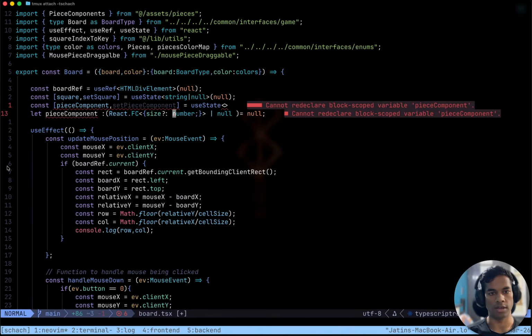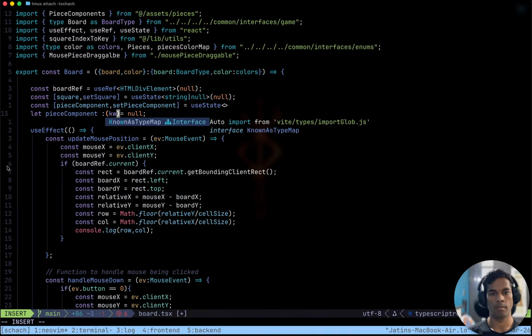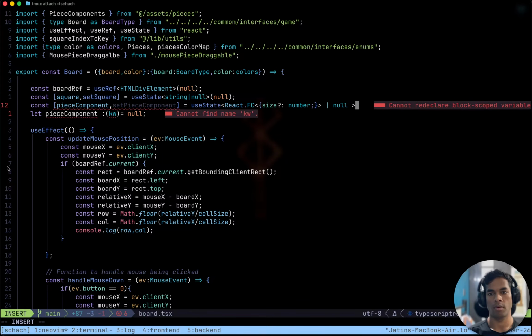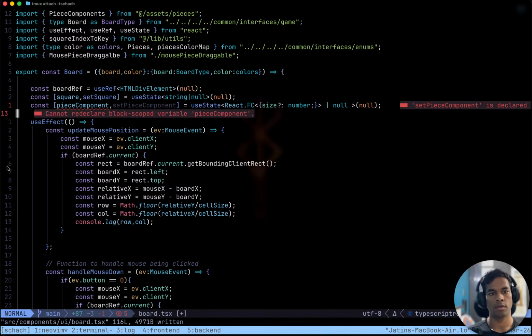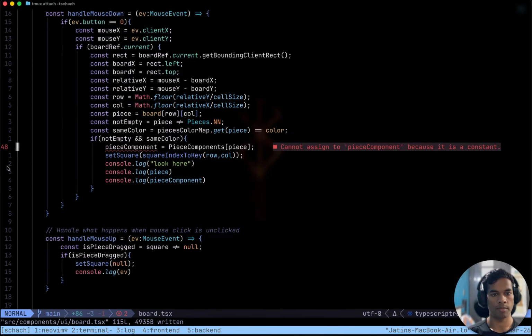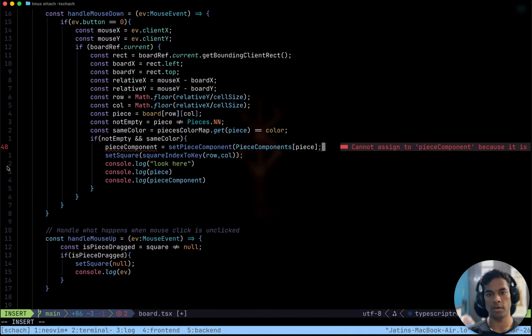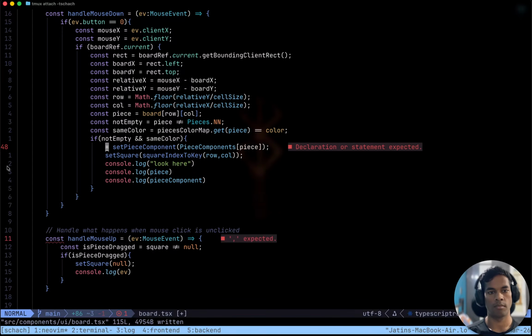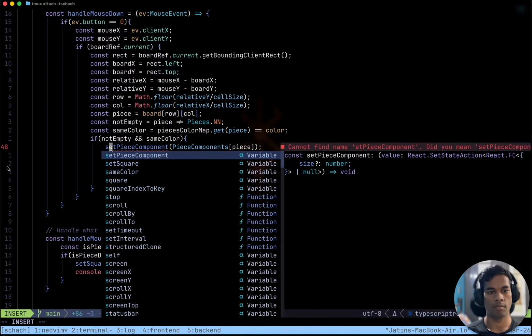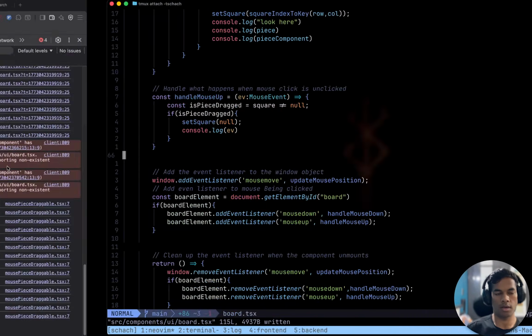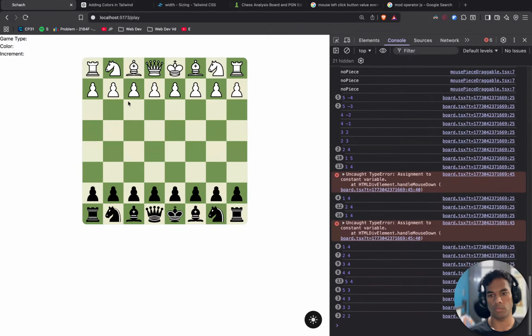The type of use state is just this thing. And initially it's null, cool, and here instead of this we'll do set piece component. Okay, and maybe now, still okay.